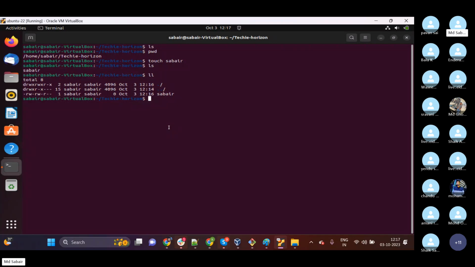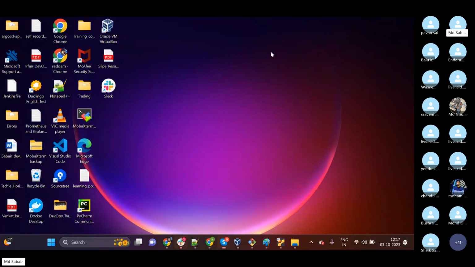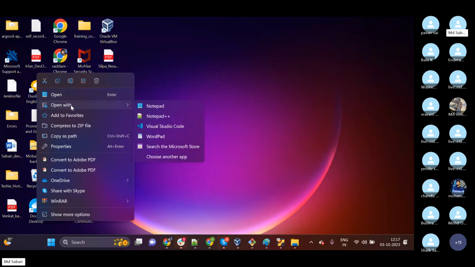Now I want to add some text to this file. So what I can do? In Windows, for example, this is my file. We have different editors like Notepad, Notepad++, Visual Studio Code, WordPad.